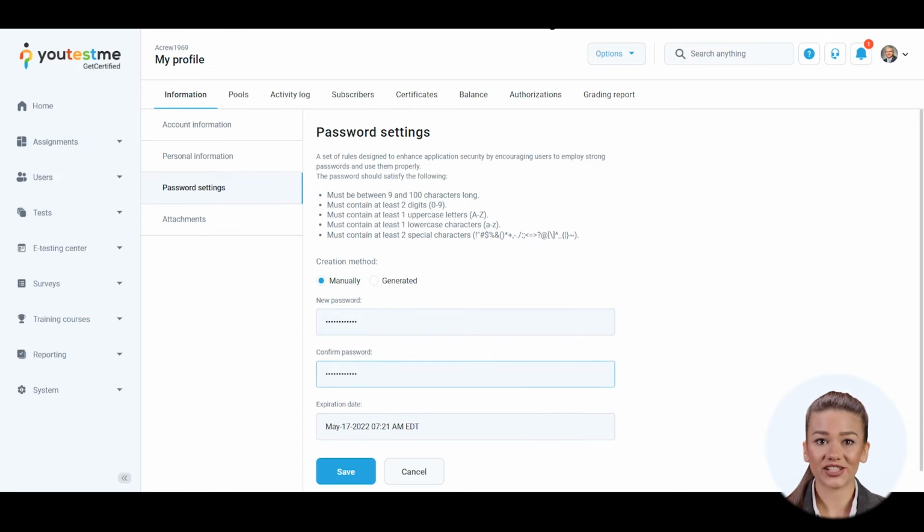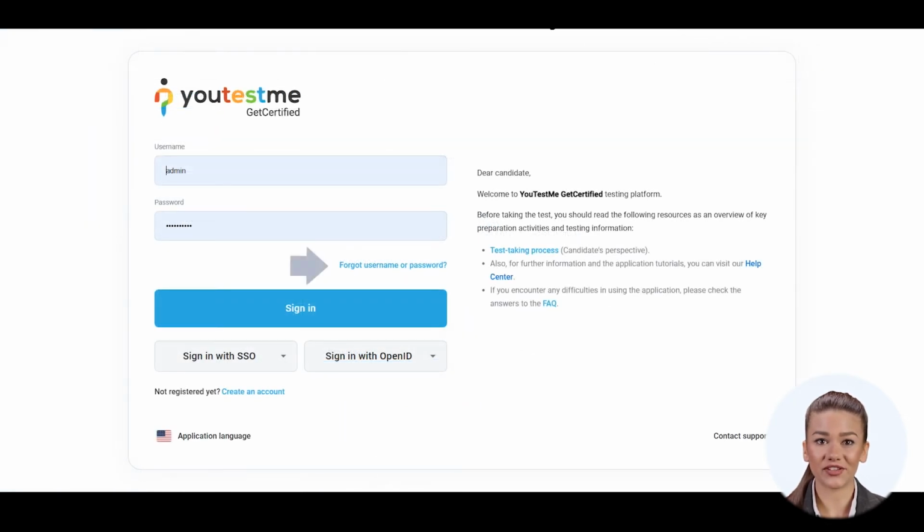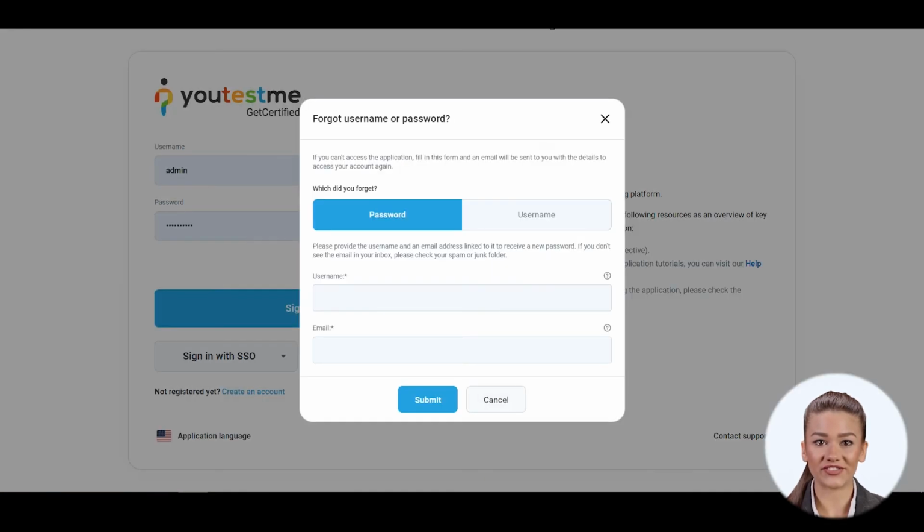If you forgot your password, you can reset it by clicking on Forgot Username or Password. Upon submitting, you will receive an email with your new system-generated password. In the pop-up window, you should enter a username, enter your email address, click the Submit button,